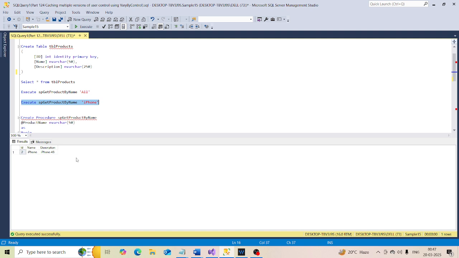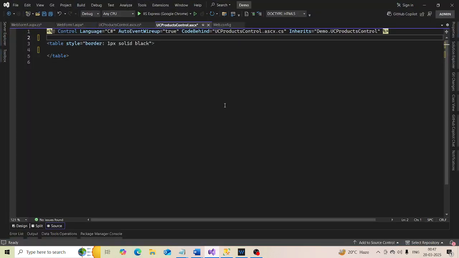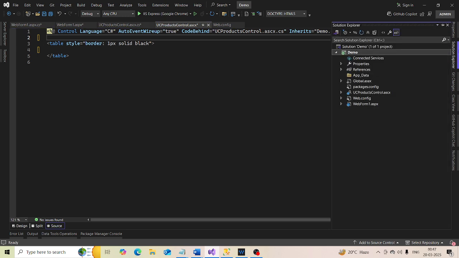Now let's flip to Visual Studio. What I basically want to do is create a user control. To this web application project, let's go ahead and add a product user control, UC products control dot ascx. I have already added this to the web application project, and at the moment if you look at this,